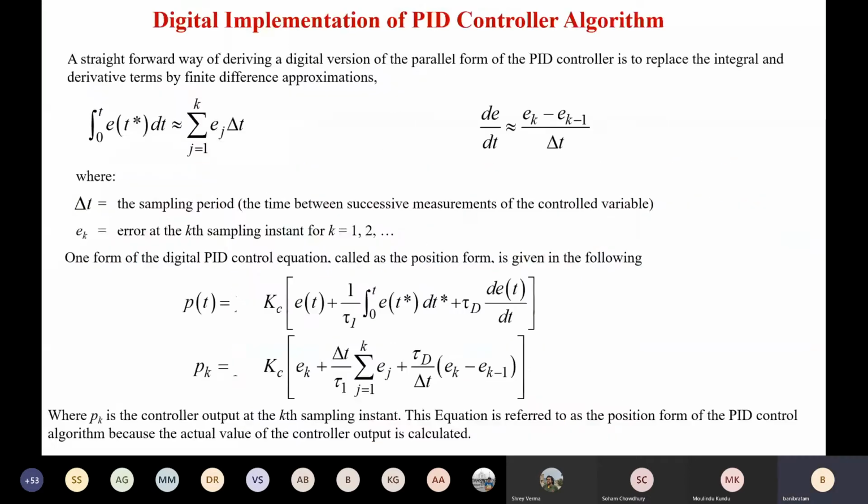Okay, if it is fine, then we will move to the next topic, which is known as digital implementation. Ultimately, as we told in the beginning, our final objective is to design a controller or an embedded control system. To get there, we have to understand a physical process, how to model it using mathematical modeling, and understand its characteristics and dynamics. So we have discussed these concepts so far.